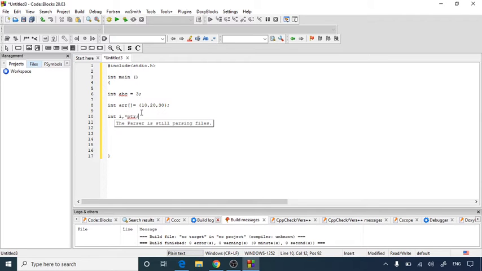This is the declaration of a pointer with an integer data type. After declaring that, let's assign the array address to the pointer. I am going to simply write ptr = arr. This is one way to get the array address into the pointer.